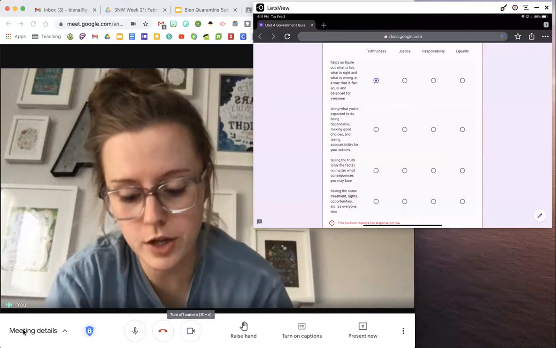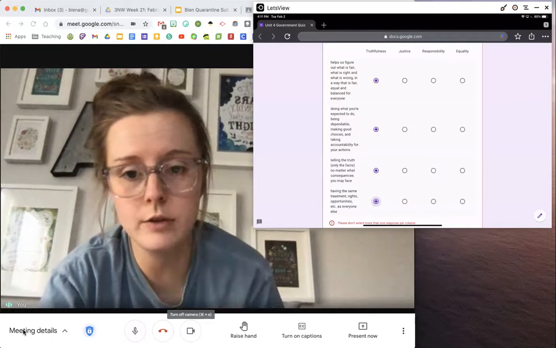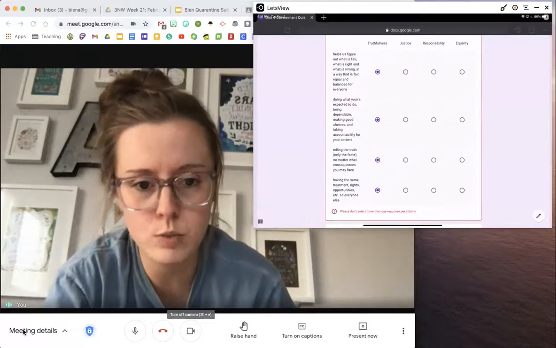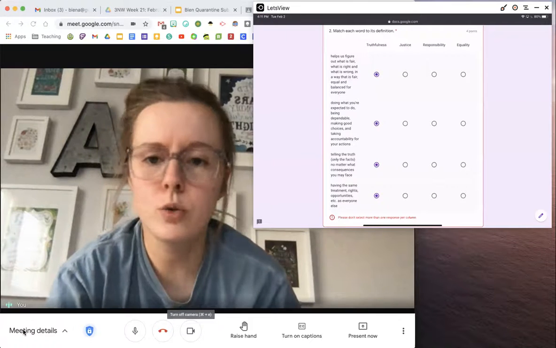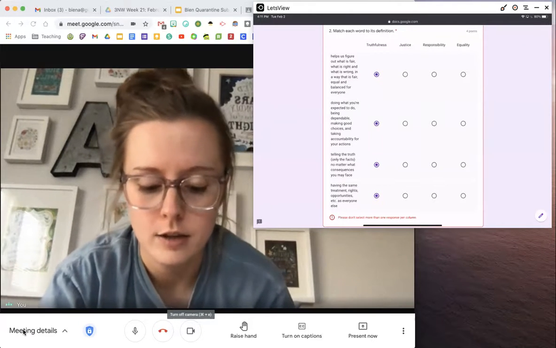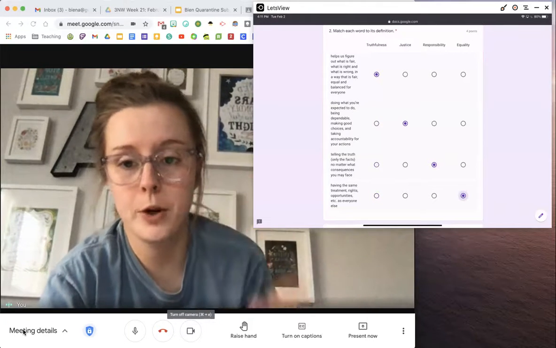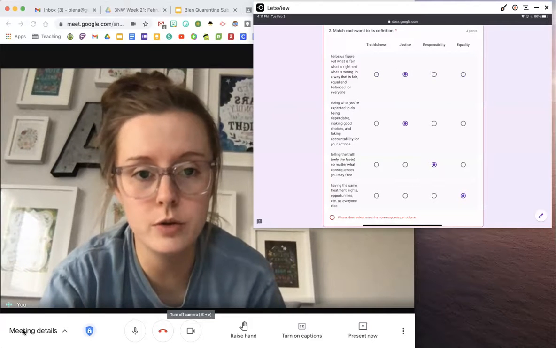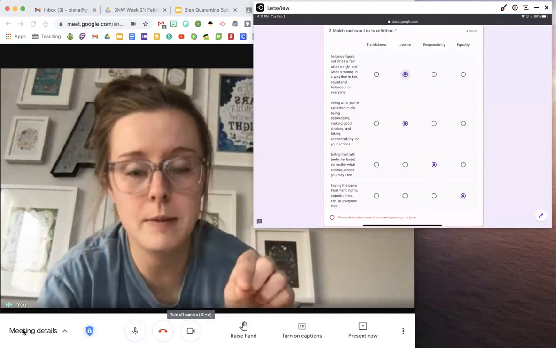So one thing I want to show you, if you clicked the same answer, like truthfulness, all the way down, number 1, that doesn't make any sense. But number 2, look at the bottom, it's red. It says, please don't select more than one response per column. That means don't choose truthfulness more than once, because that doesn't make any sense. So you need to pick only one word per definition. Okay, you can change it to whatever you need to, but if you still have that red thing at the bottom, it means you kind of messed up.